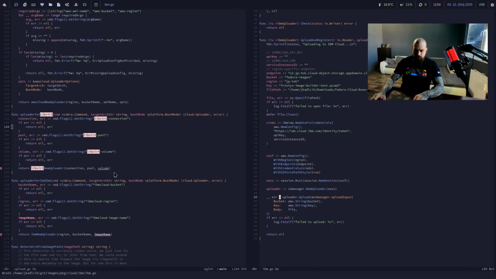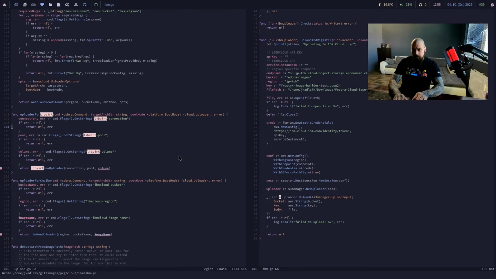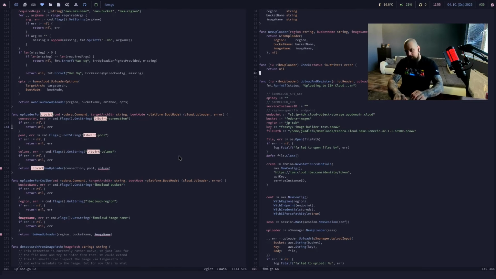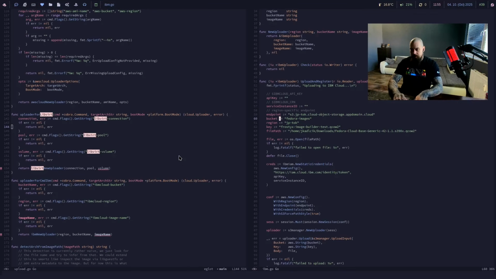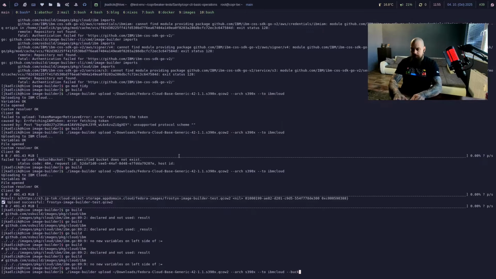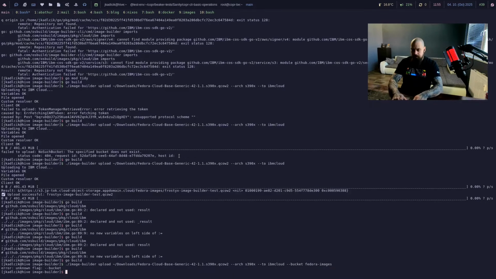Good. Okay, so as you can see, the volume here, it's just LSP complaining. Okay, so we compiled successfully. Now, can we pass those parameters? If we do bucket, and my bucket is this, which is not bucket, but IBM Cloud bucket,